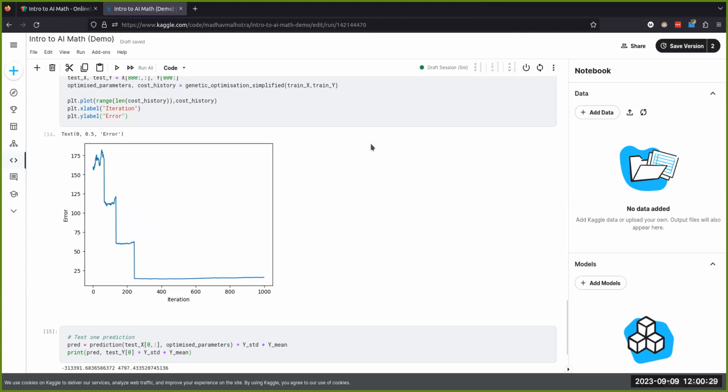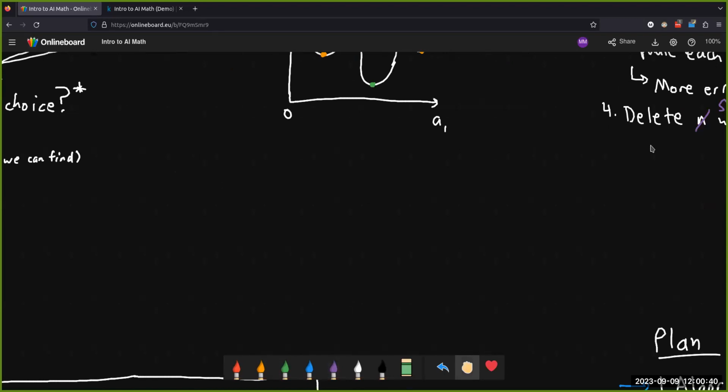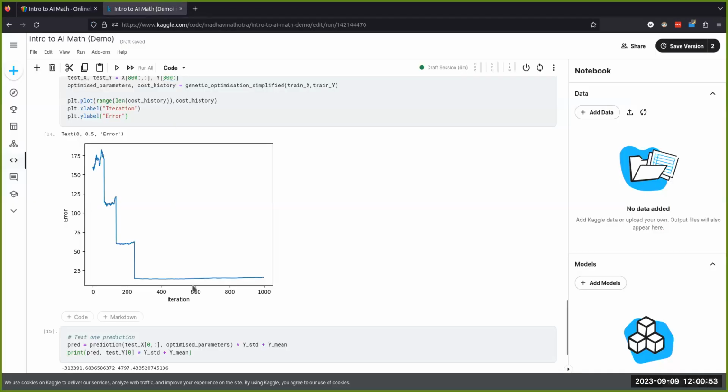If you have any questions for me, iteration is like, in this, someone answered it, so it's a repetition for a loop, but an iteration is every time we deleted these equations and then replaced them with a new set of equations. So every time we did that, that was an iteration of the algorithm. That was the algorithm getting better.